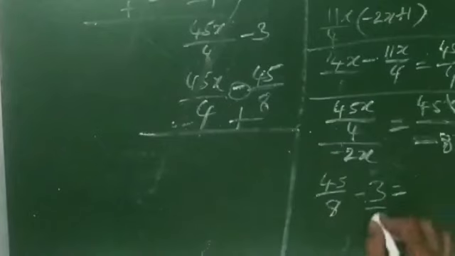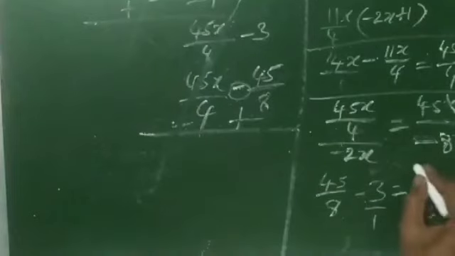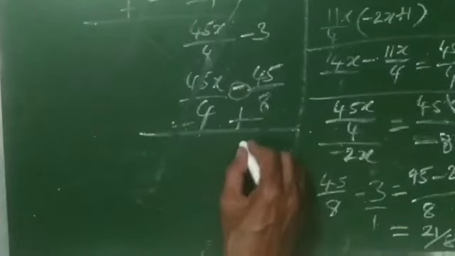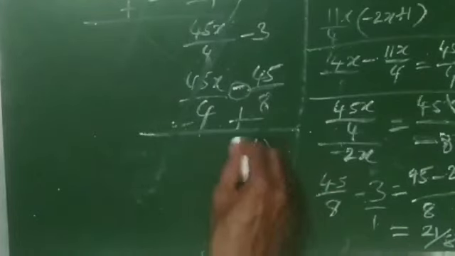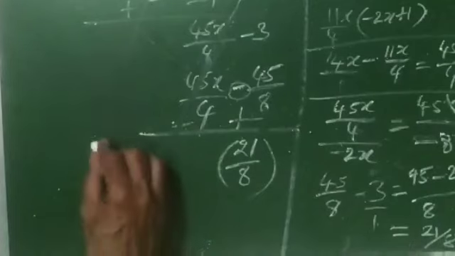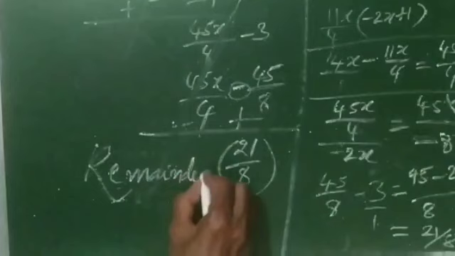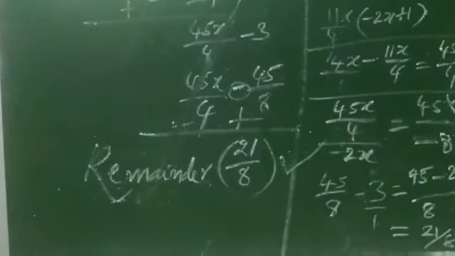LCM 8. 8 ones are 8. 1 into 45, 45 minus 24. Now 21 by 8. So here also the remainder is 21 by 8. So in both methods we got the same answer. So thus, yes, in polynomials the